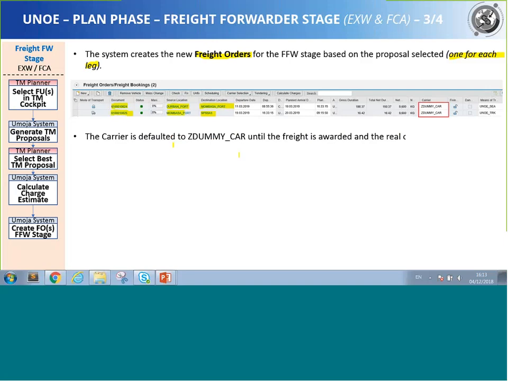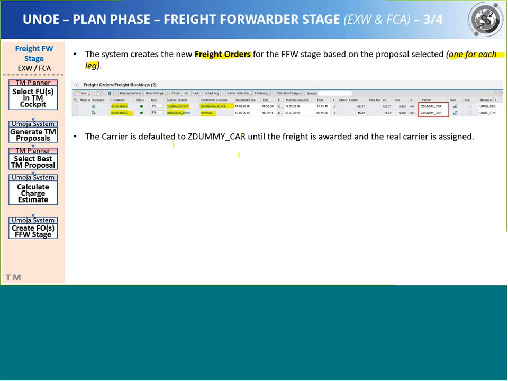The carrier will be defaulted to a dummy carrier. At this stage, we still don't know which freight forwarder will be performing that shipment, and the system will default the carrier to this dummy carrier. The carrier will be completed once we know which freight forwarder will be providing the freight. Also, the charges will be automatically estimated by the system based on the master